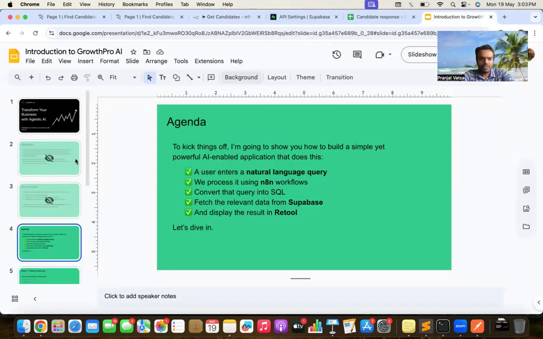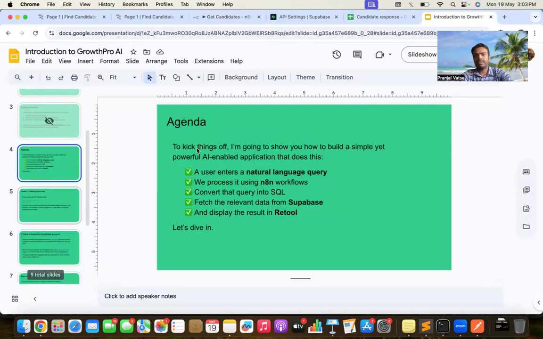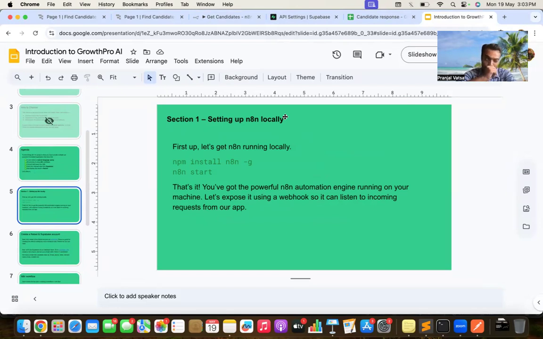So first things first, we need to install n8n. n8n is an open source, low code workflow building or automation building platform. You can go to their site, and they have a GitHub channel as well. The prerequisite is to have Node on your machine, so install Node first. Then we can install n8n using npm, the Node package manager,